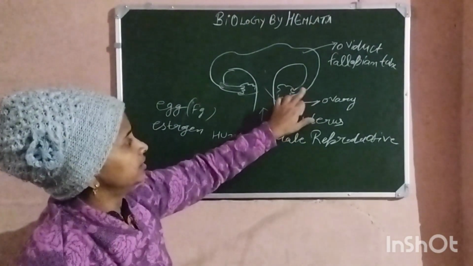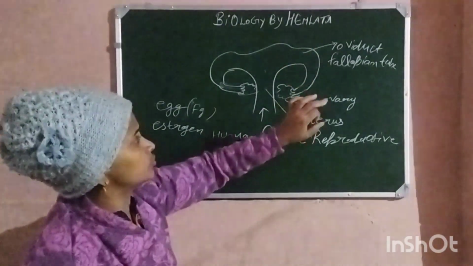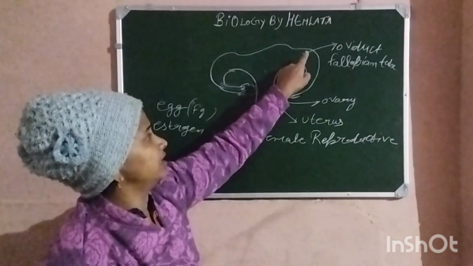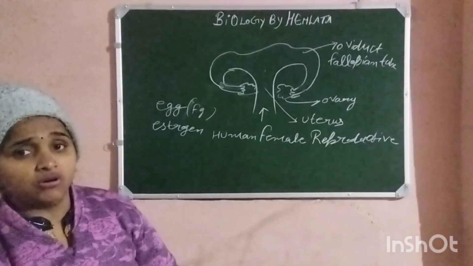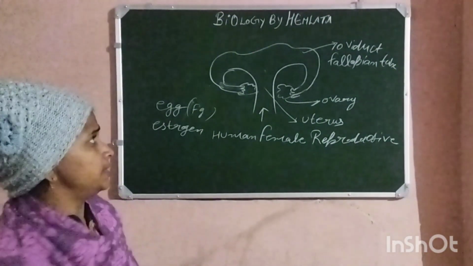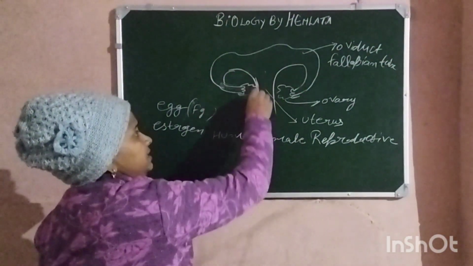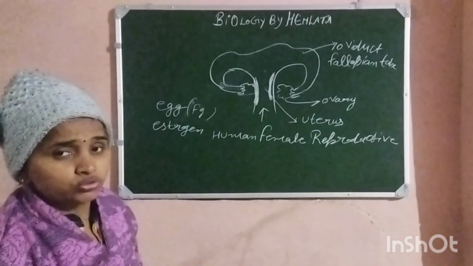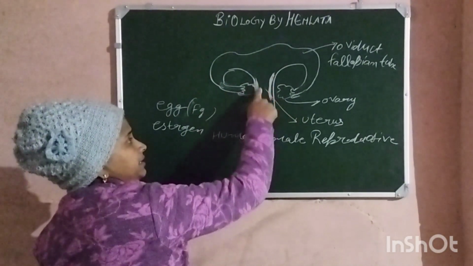After ovulation, the female gamete will travel in the fallopian tube. It will wait here for some time. If during sexual intercourse sperm enters here and fertilization takes place, then it will convert into a zygote; after division, the zygote will convert into an embryo. This embryo will attach to the uterus wall. These are the uterus wall here. Actually there are three walls of the uterus. We also call them the uterine wall. So the embryo converts into a fetus and it will be embedded here.